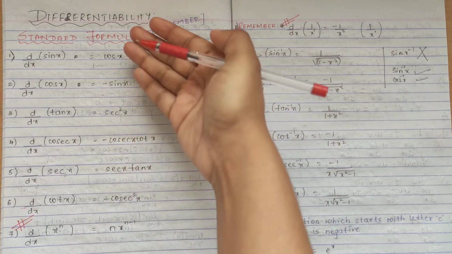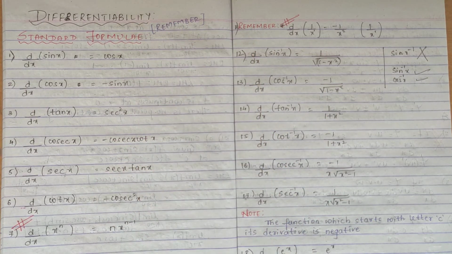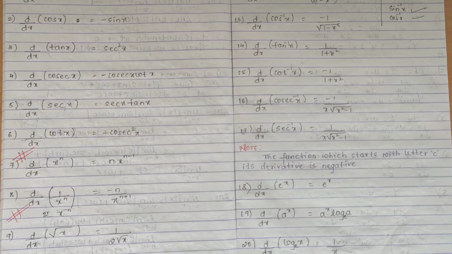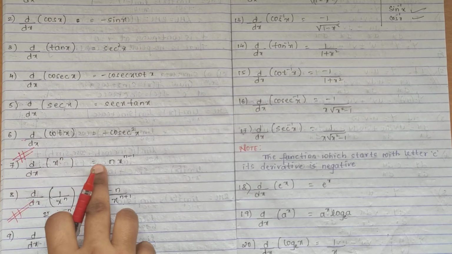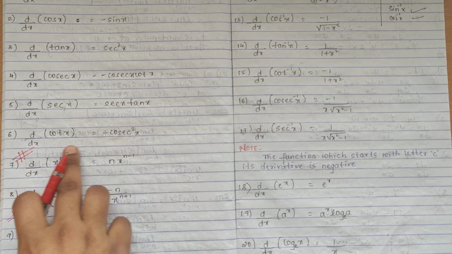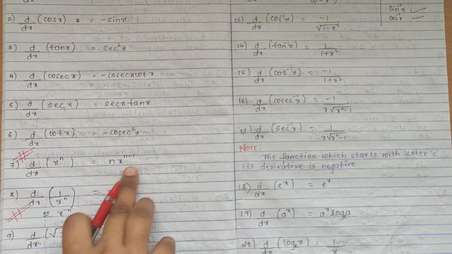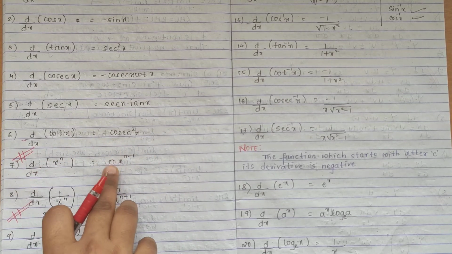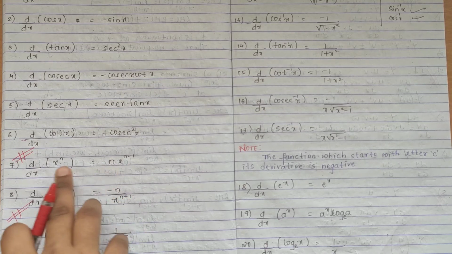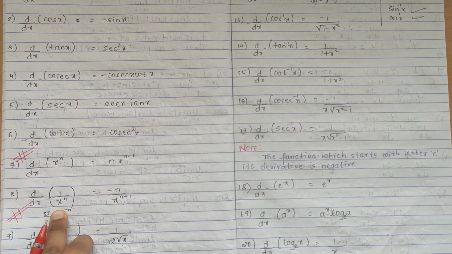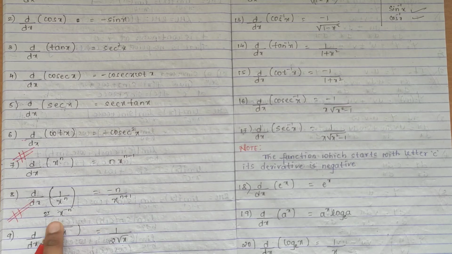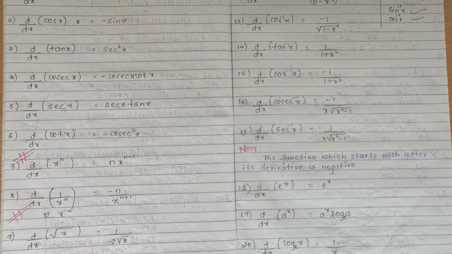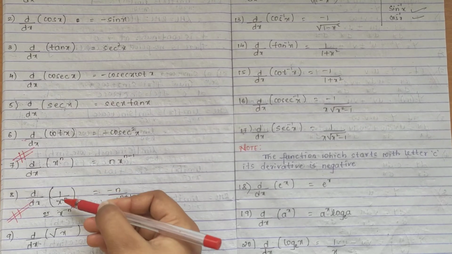Sin, cos, tan, this is of trigonometric. Now is your algebraic part. Differentiation of x raised to n is equal to n x raised to n minus 1. I guess you have come across this also. This is a very standard formula and it is used again and again. See, if you have 1 by x raised to n, you can use minus n by x raised to n plus 1, or else you can write it as x raised to minus n. This is only the inverse part.